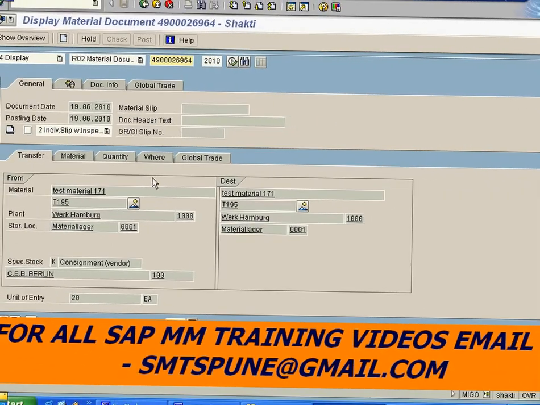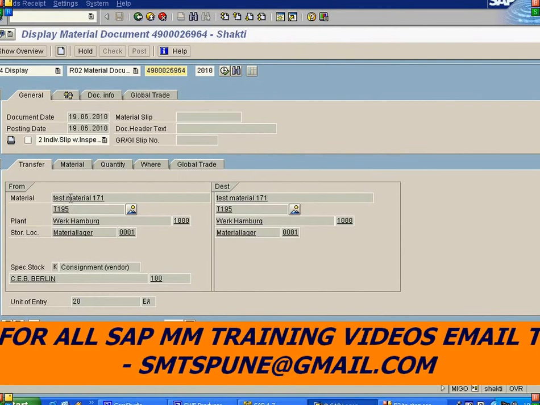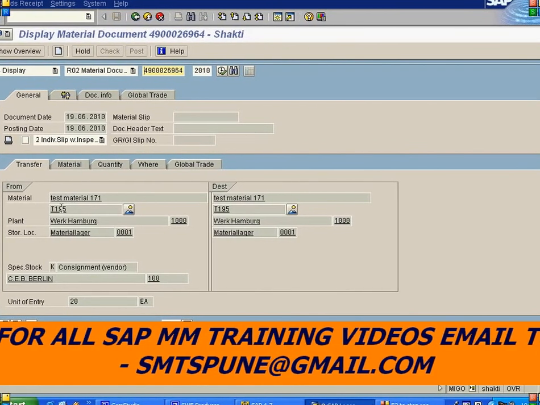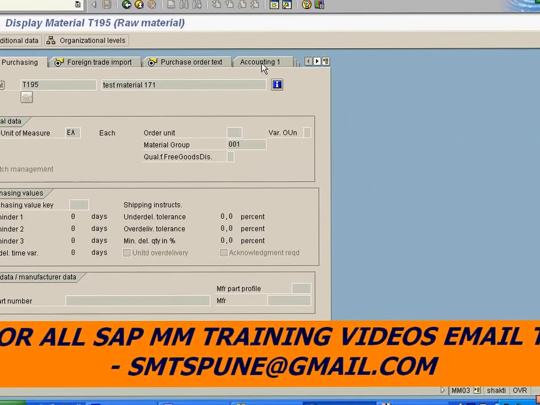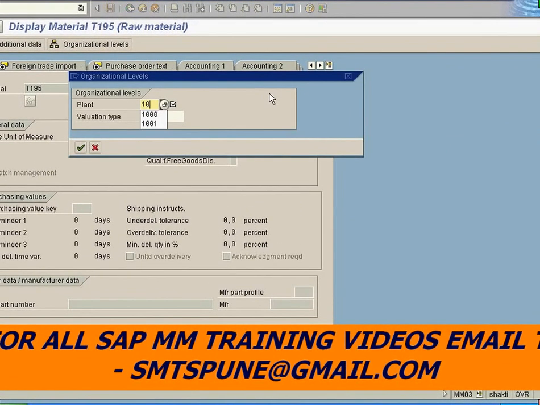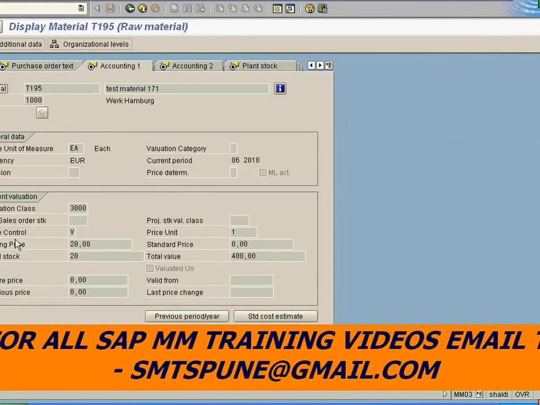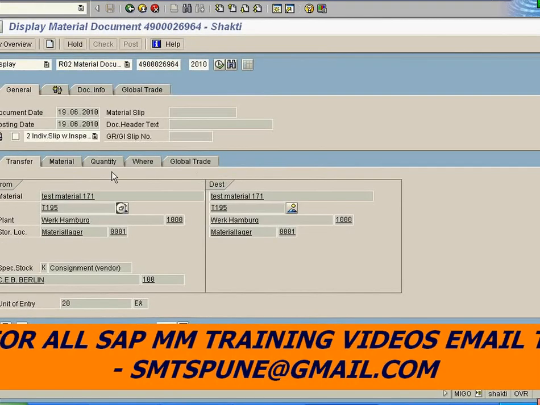Then if I go to the material master, double click anywhere on the material code and go to the accounting view for plant 1000. Here you can see that your total stock is 20 and value is 400. So this is the transfer from consignment stock to own stock.